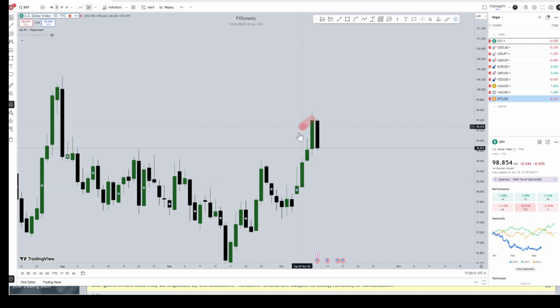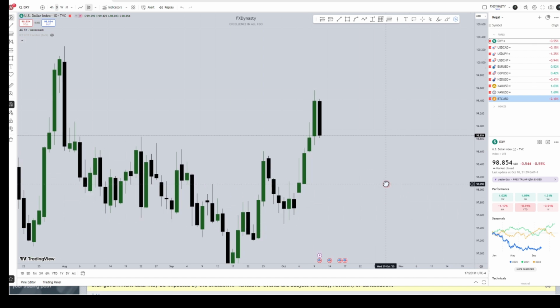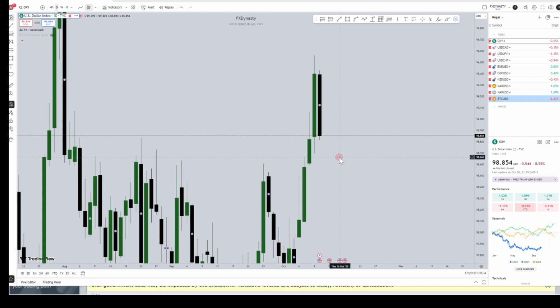So to recap, this is the range we'll be working with this week, right? This is an ugly drawing, please do. It's very ugly. So this is the range we are looking at. So let's see how price is going to treat this first fair value gap when we drop into it. Probably on Monday, price might decide to mitigate this fair value gap, and